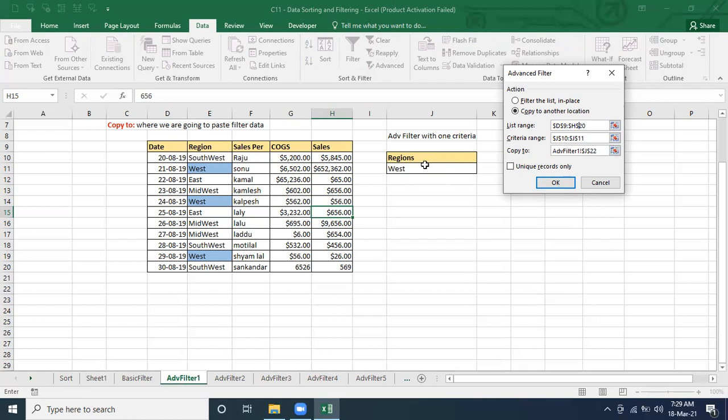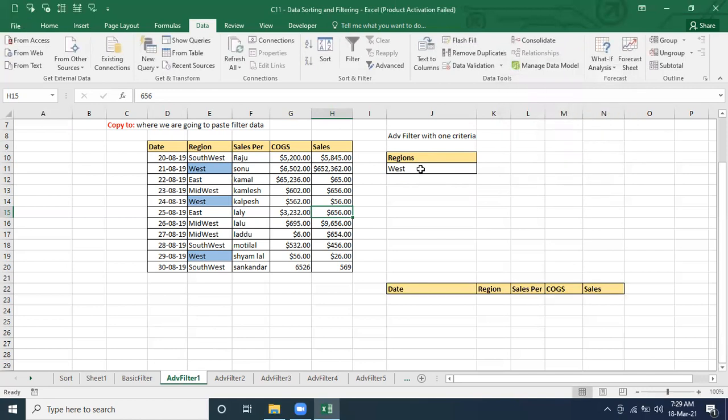So what is it going to throw? It's not going to give any data. Just see, the heading came, but there are no records by the name of reasons, because it is going to search for reasons in this heading. If it's there, then only it is going to do the filter. Got it? Correct. It's only region. Yes, only region. So this is the one you should take care about.